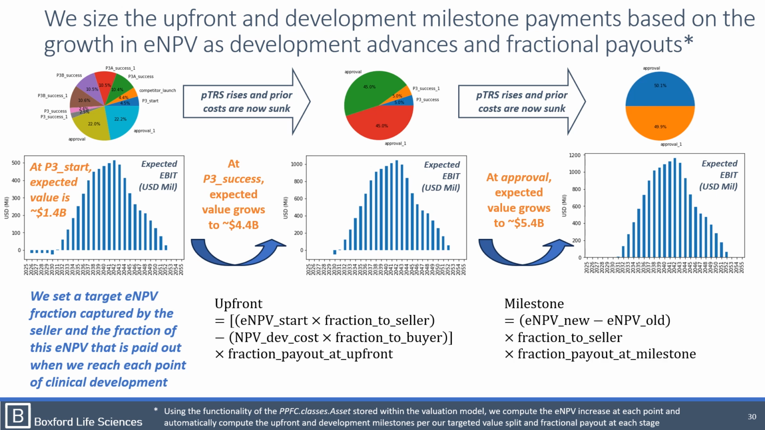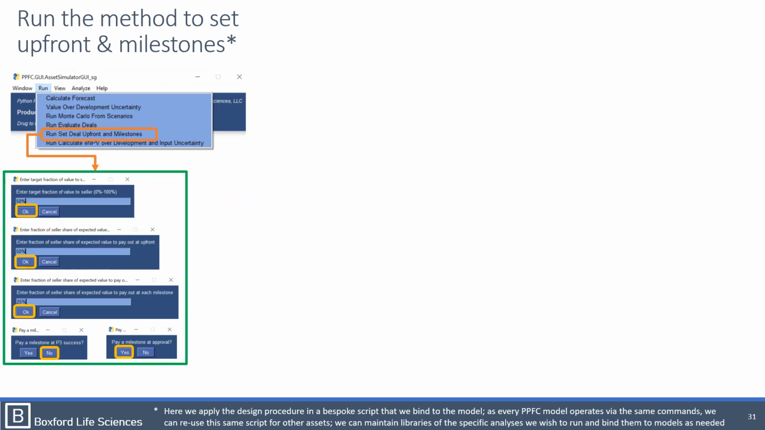At each one of the milestones, if we choose to include a milestone in our deal terms, we see how much has the expected net present value changed since the last time we made a payment, and we do the same kind of logic of having a fraction captured by the seller and a fractional payout in order to set those development milestones. When we now run this method under our model by choosing run, set, deal, upfront, and milestones,